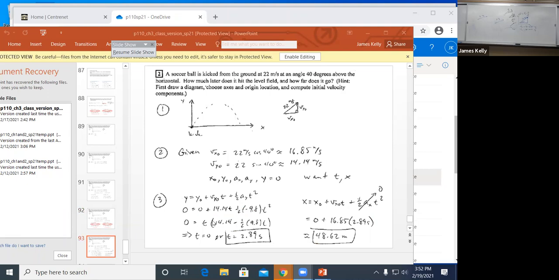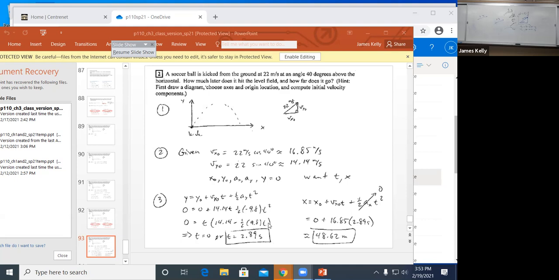So here's that y versus t equation. I've substituted in the 2 zeros and the vy initial. When you do that, if you ever have something that has the t squared term and the t term, but there's no constant term, you can always solve it by factoring and avoid that quadratic formula because you'll probably make a mistake with it. So here I said, look, there's a t factor in this term and a t factor in that term. I'm just going to factor it out in front of parentheses and then say when a product